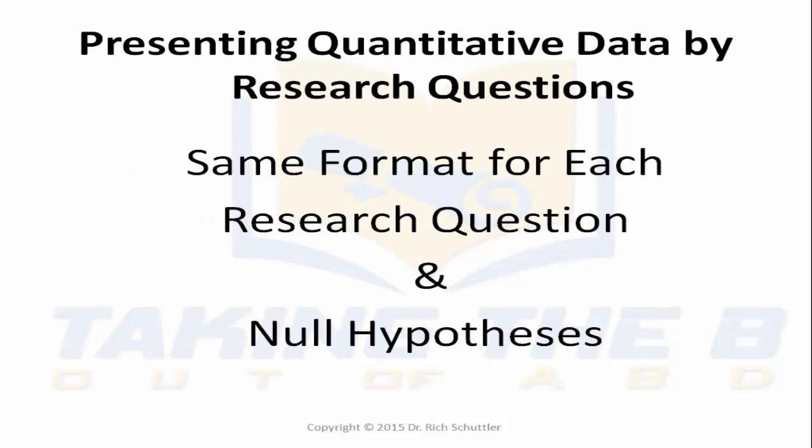Use the same format for each research question and null hypothesis. I encourage my students, when they're working on their chapter 4s and putting together quantitative data, to give the information by research question. Then address the independent variable and how it was tested to the dependent variable. Then give the formulas. Then once the formula is completed, have a narrative that suggests how the null hypothesis was tested and the outcome being that the null hypothesis was rejected or it failed to be rejected. And I encourage my mentees to end the section on each individual research question with that null hypothesis outcome.